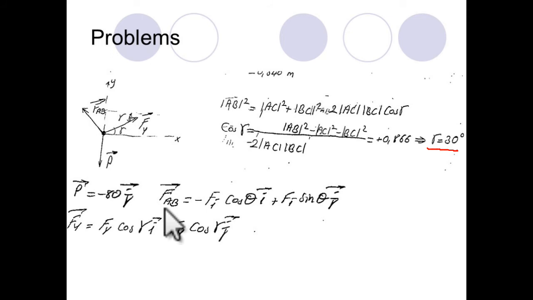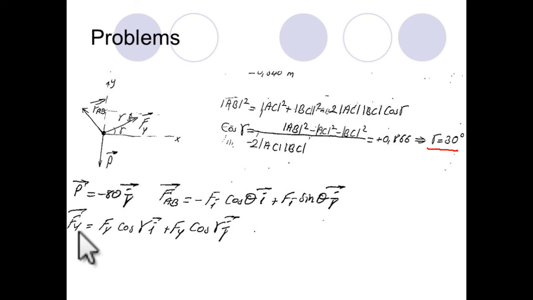FAB, the force acting on the chord, let's say the magnitude is Fi, okay? So as a result, it is minus Fi cosine theta i plus Fi sine theta j vector. As you see, the FAB has positive y and negative x component, but it doesn't matter; you can take it arbitrarily as long as you know the unit vector. If you choose the direction wrong, you will certainly find the magnitude of Fi negative. Okay,